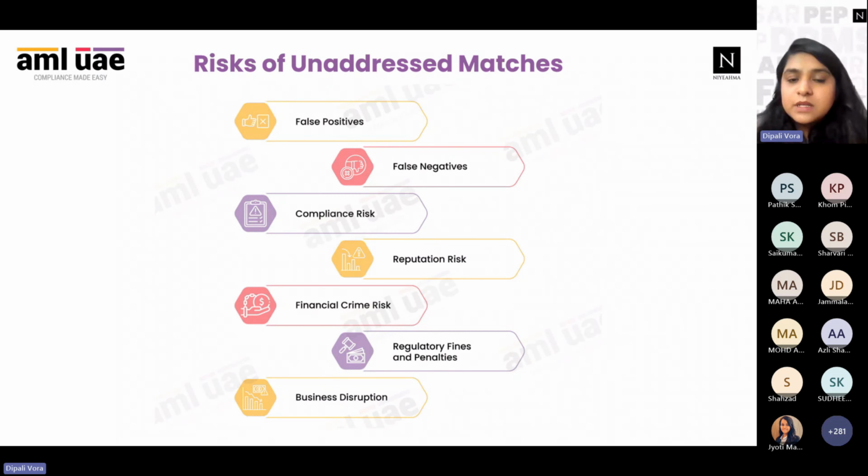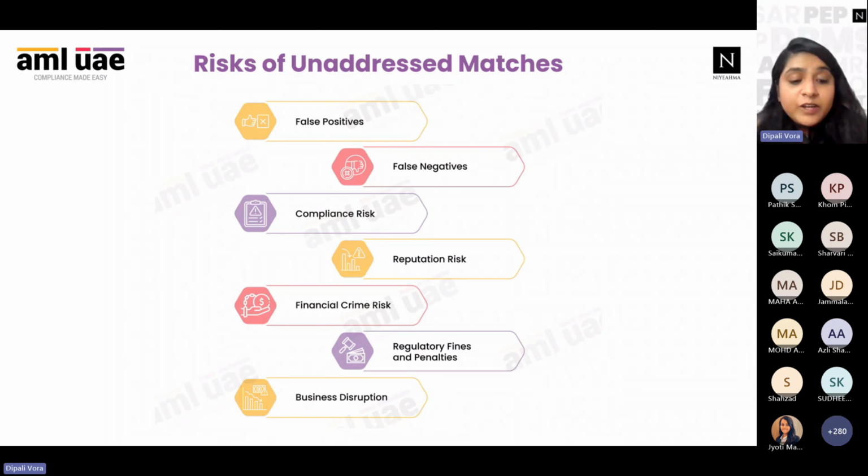For example, Mr. ABC. Now, ABC has a lot of adverse media against them. The name is in the sanction list, and you completely ignore that. That will cause a lot of problems to the organization. That will have compliance risk also, because you are associating with a person who is in the mandatory sanction list. There would be reputational risk for the company, because in future, if some articles come up and some evidence shows that your company was associated with that ABC individual, that will hamper your goodwill also.